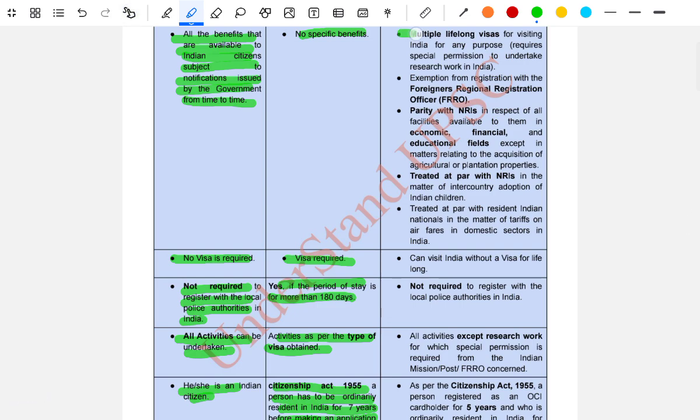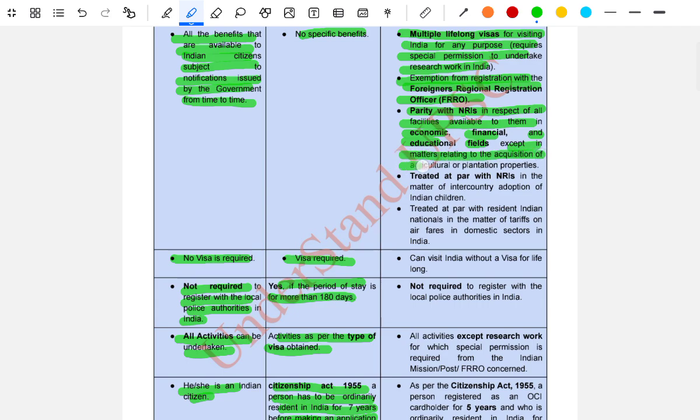The multiple lifelong visa for visiting India for any purposes, but a special permission is required to undertake research work in India. They are exempted from registration with the Foreigners Regional Registration Office, FRRO. They are treated at par with NRIs in respect of all facilities available to them in the economic, financial, and educational fields, except in the matters relating to the